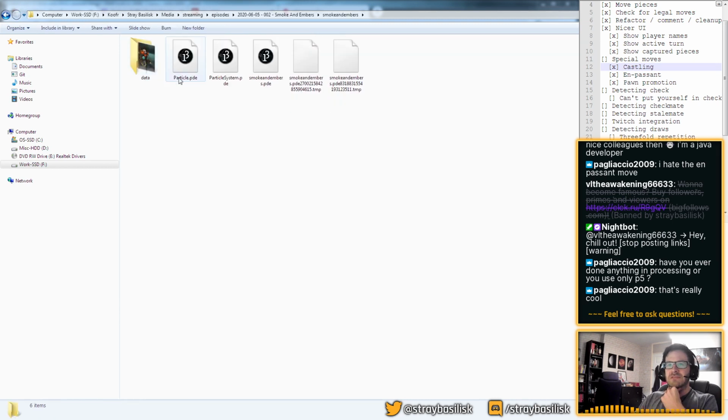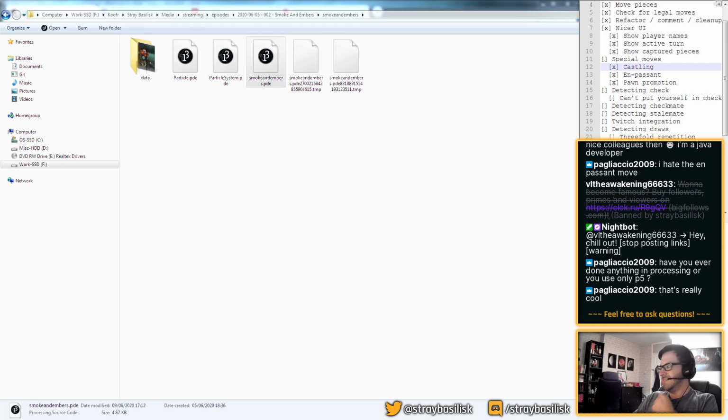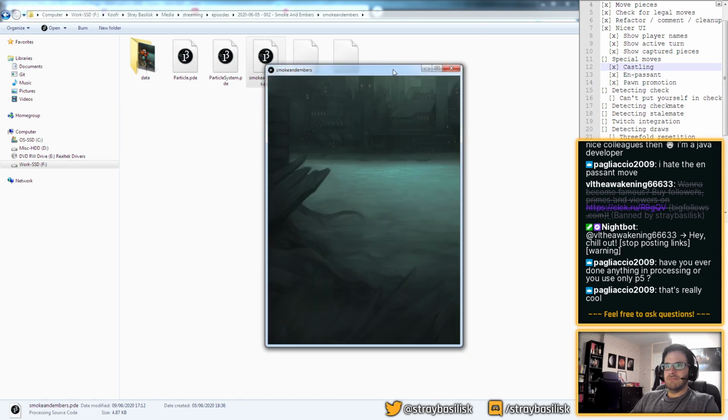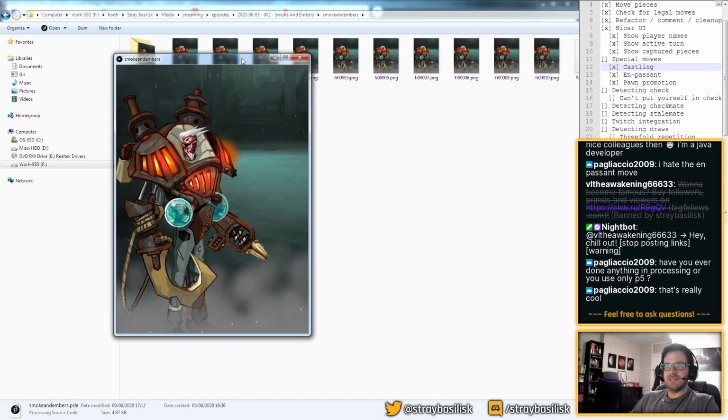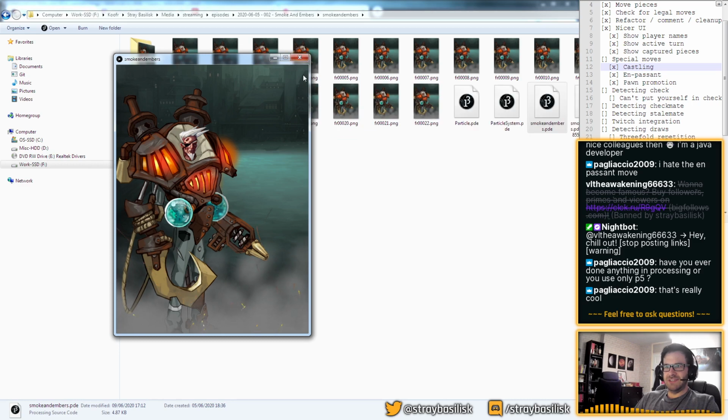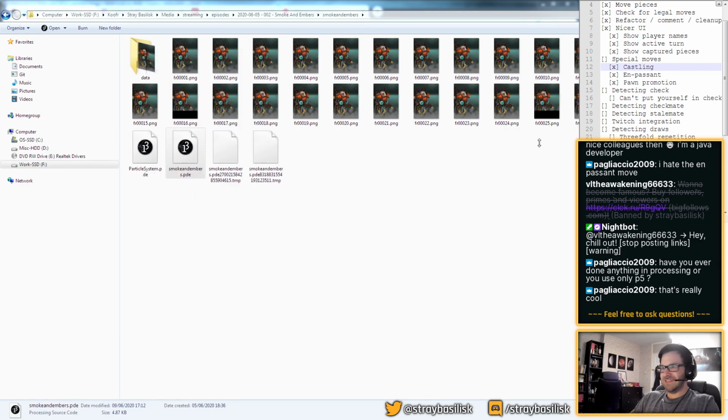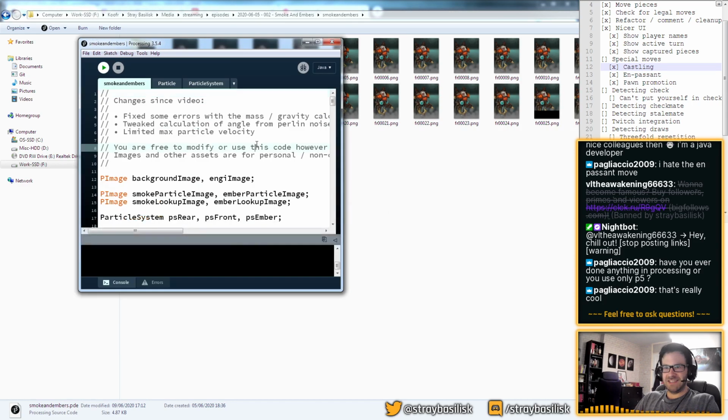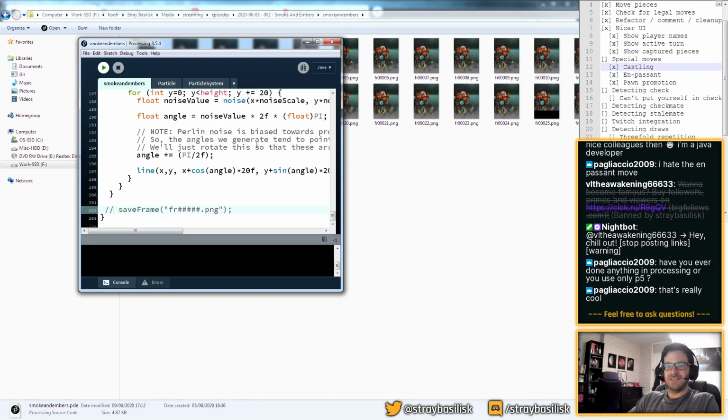Sometimes we just do visual effects. So this guy here. Oh, okay, it's running super slow because I've set it to export frames, because I make GIFs of these sometimes. Let me turn that off. This is so useful, by the way. I love this about Processing, the whole save frame deal.